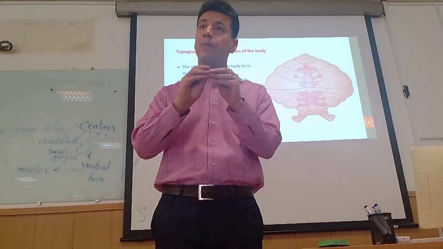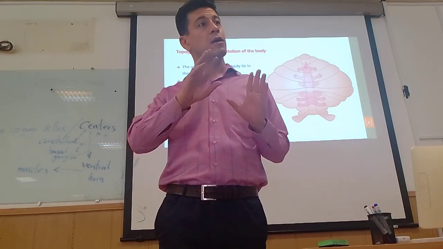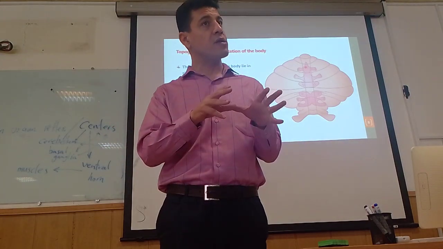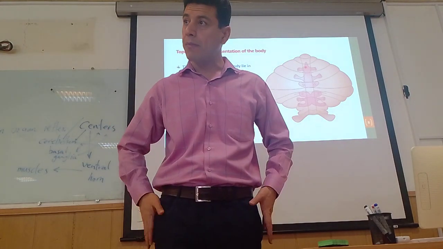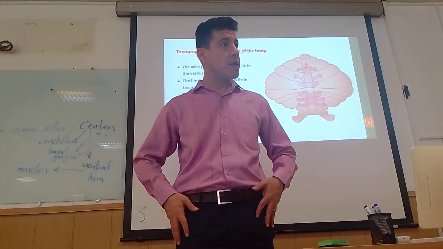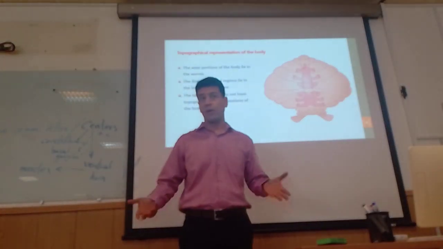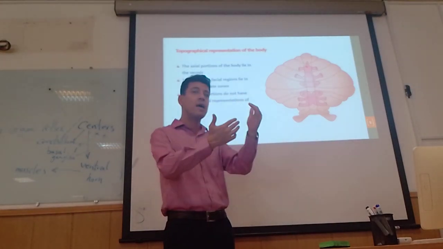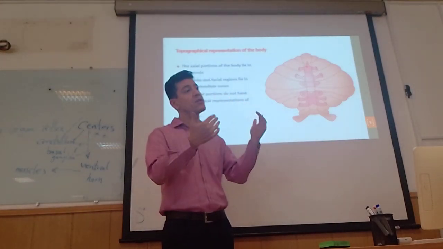Some areas are more important for the neck, other areas for the trunk, and other areas for the proximal muscles of the legs. So there is a special map for the reticular formation, a special map in the red nucleus, a special map in